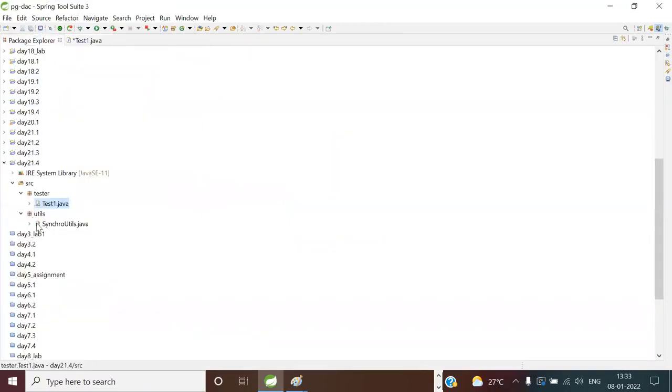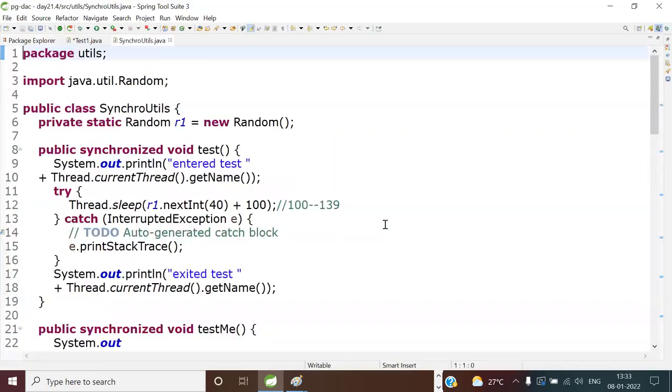So here, for that, let me open that. Suppose T1 gets a chance. So what will be the output? What will be the line on the console? Enter test by T1. So if the output is enter test by T1, now the question is, what will be the next line of output? Your choices are, I'll first repeat the question, be focused. I said, if the first line of the output is enter test by T1, I'm asking you,